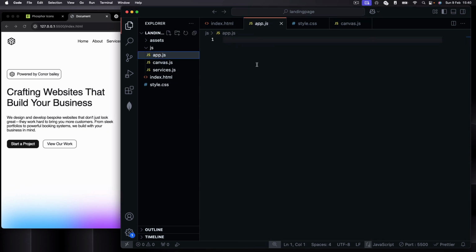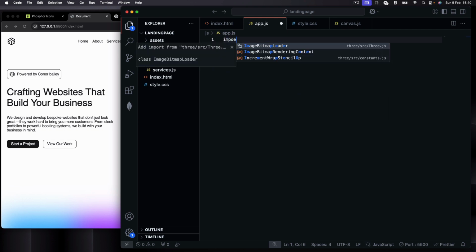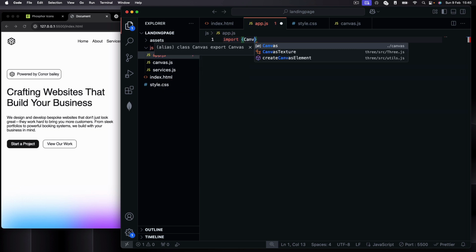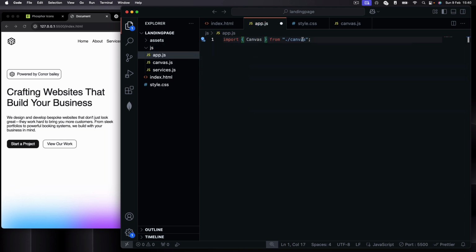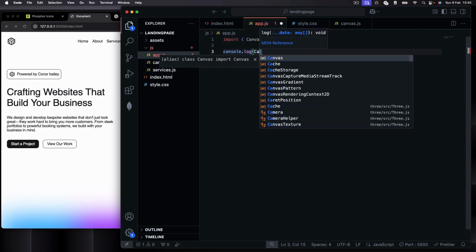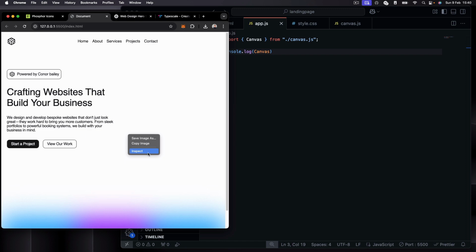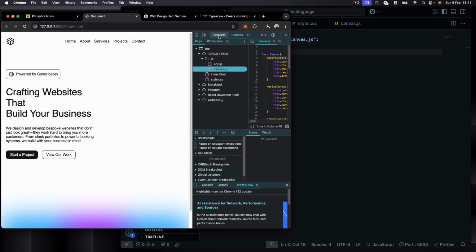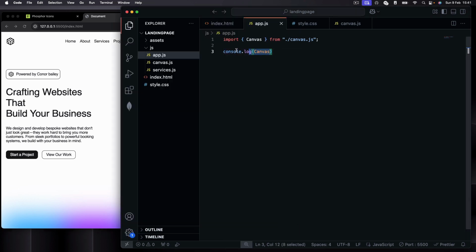I'm just going to come to the top of our app.js. I'm just going to say import Canvas from canvas/, and we need to put the JavaScript extension here as well. So now if I console.log canvas here, come to our console, and you'll see that we have our canvas class imported. Ignore this error here, this is just my MetaMask wallet playing up with the console. Okay, but yeah, you can see that's working fine. So if we just delete this,